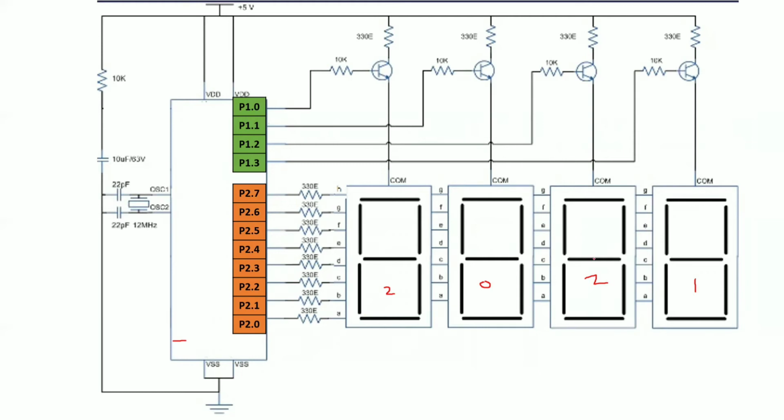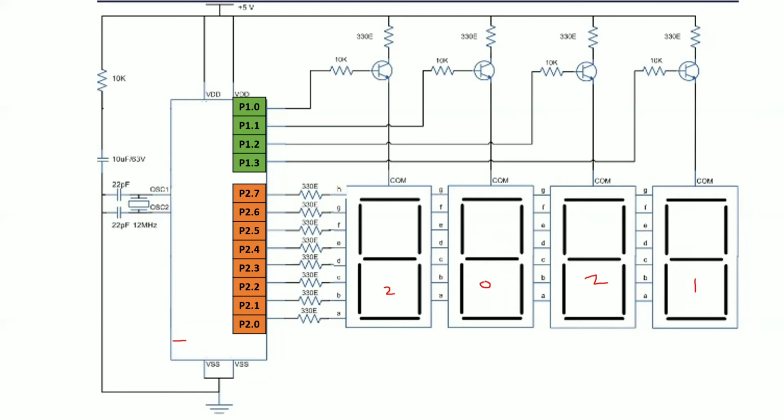Let me tell you what the problem is here. If you observe closely, there are 4 7-segment displays. Why? Because we need 4 digits to display, right? All these have 8 pins, and the 8 pins of each and every 7-segment display are connected to your port 2. So I have taken port 2 here.